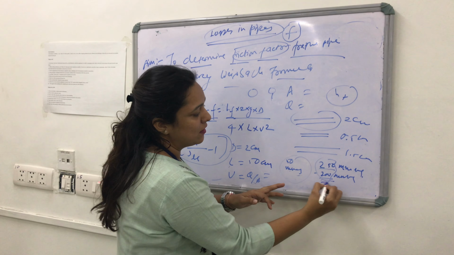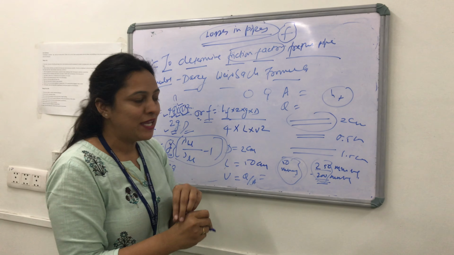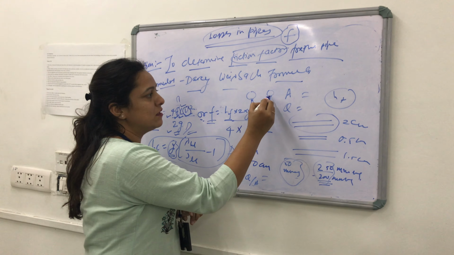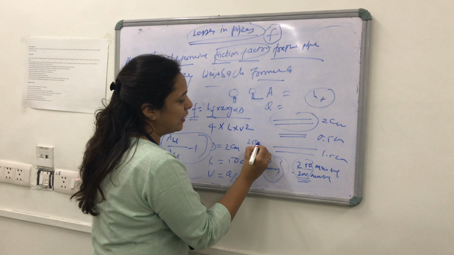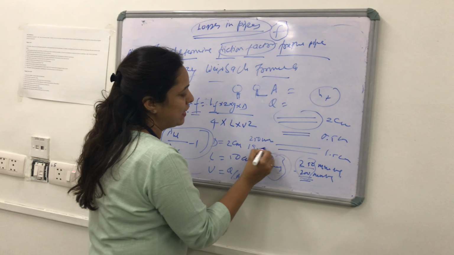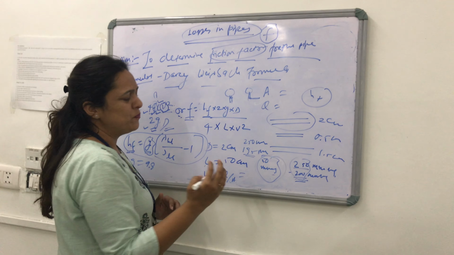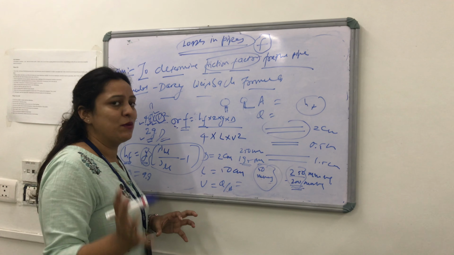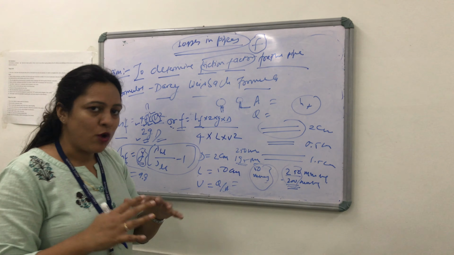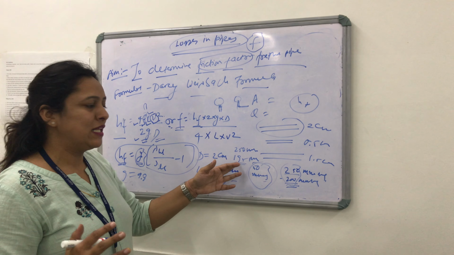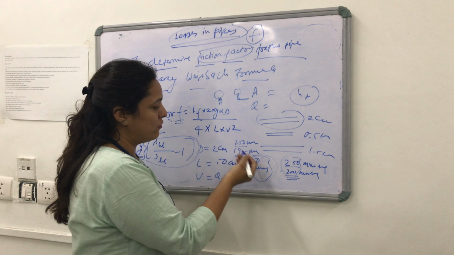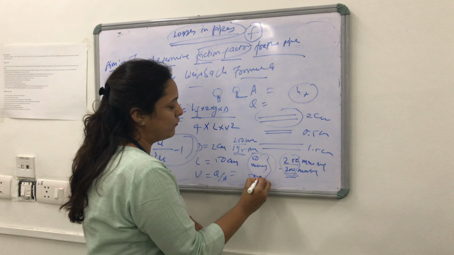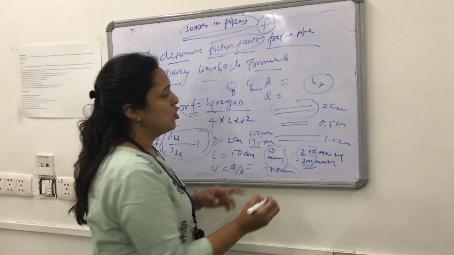Based on that, I get a 50 mmHg difference. When I keep this one closed and this one open, I get the reading of again 250 mm and 195. So there is a fluctuation of only 5 mm, which indicates the losses are not very major, only minor losses. So 250 minus 195 gives us a difference of 55 mmHg.